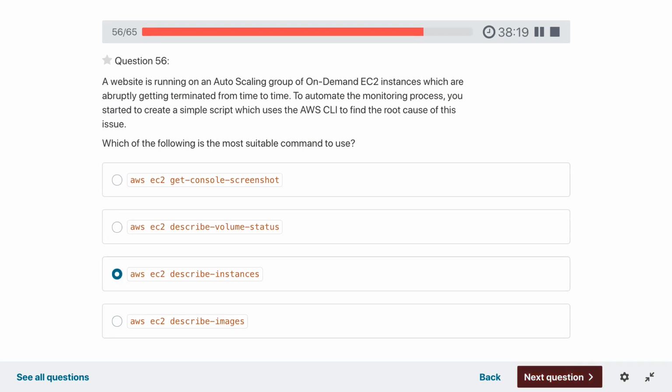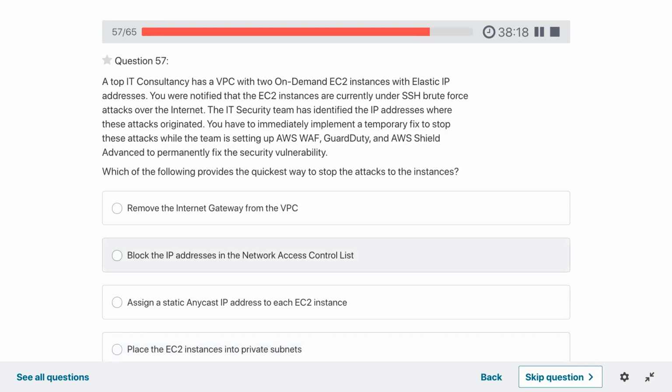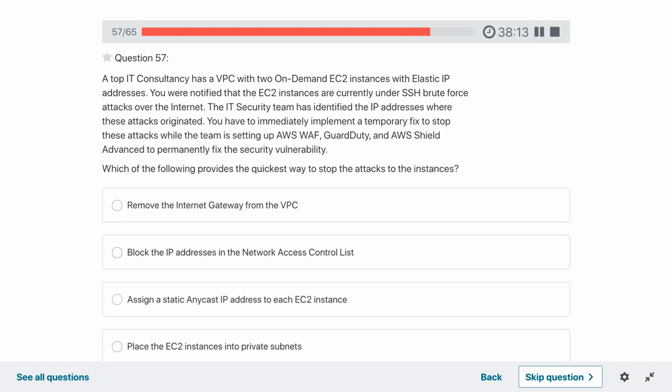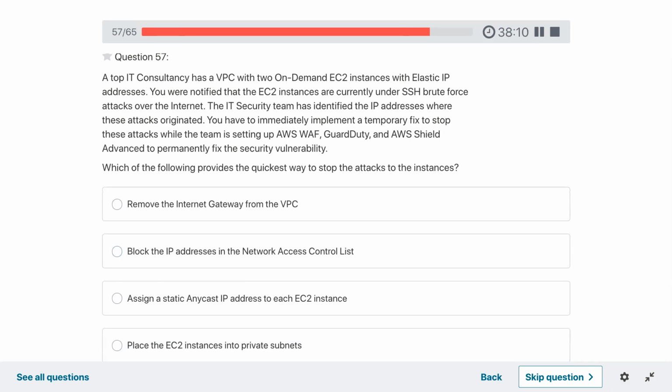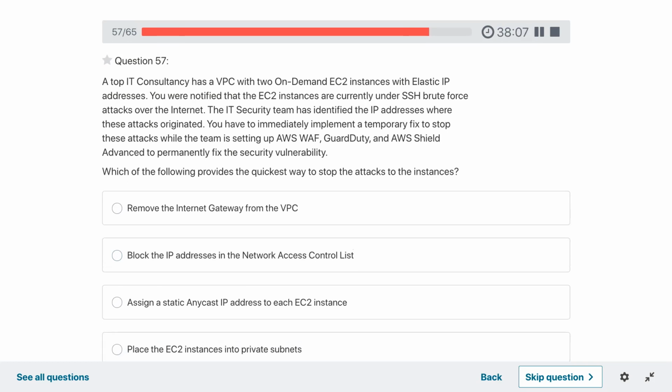The top IT consultancy has a VPC with two on-demand EC2 instances with elastic IP addresses. You were notified that the EC2 instances are currently under SSH brute force attack over the internet. The IT security team has identified the IP address where these attacks originate.